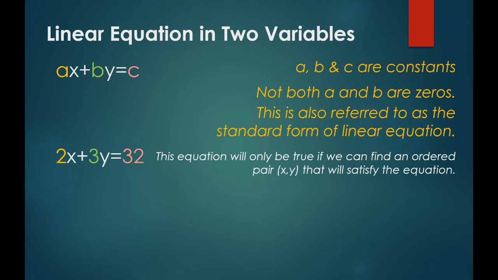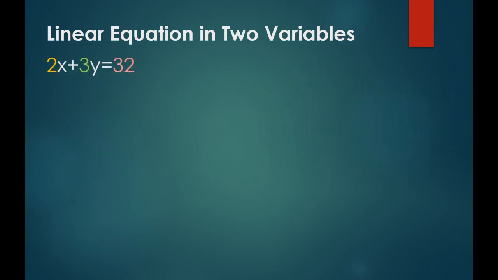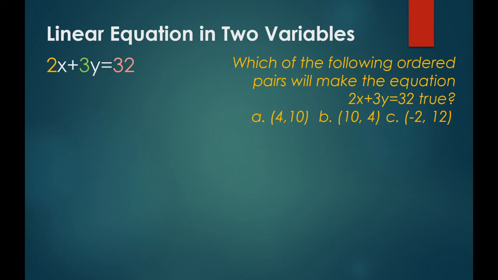Pero, eto, tingnan natin. Halimbawa, yan na nga, yung ating linear equation in two variables. Two variables kasi x at y. So, si 2x plus 3y equals 32. Tingnan natin kung magiging totoo ang equation na to base sa coordinates na ibibigay sa atin. So, which of the following ordered pairs will make the equation 2x plus 3y equals 32 true? Yan yung mga coordinates na gagamitin natin. So, i-test natin. Ang una,